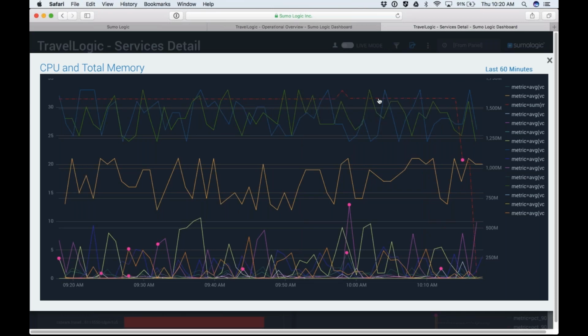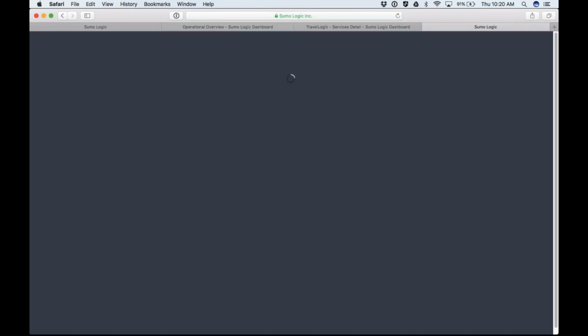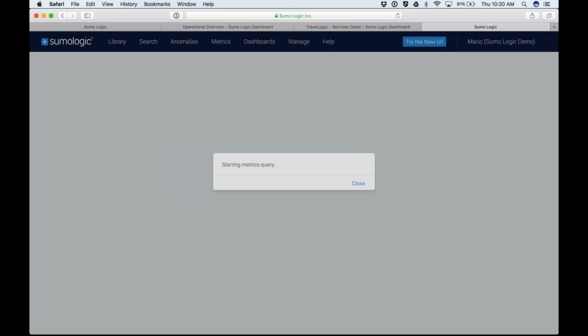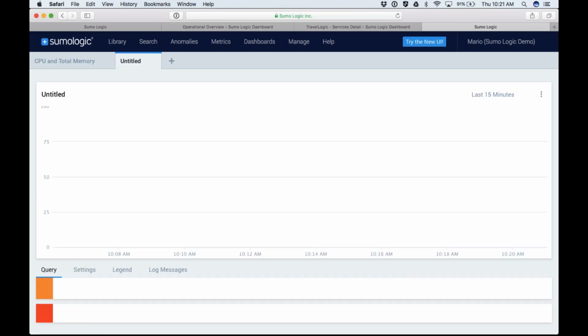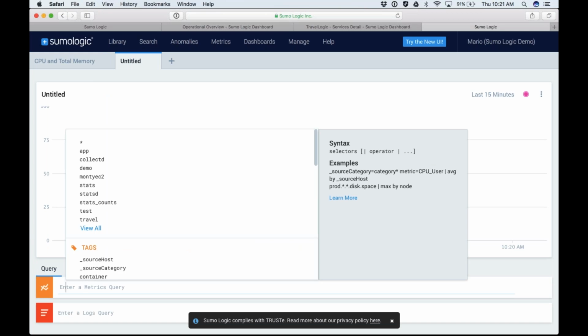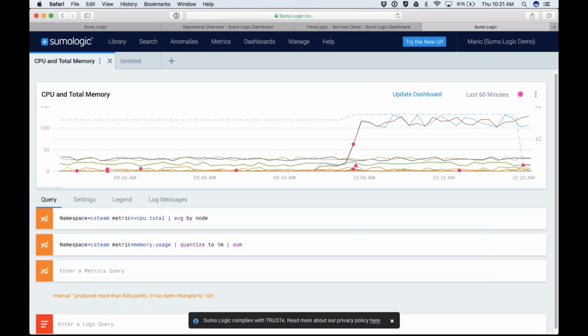One of the cool things about this is that for any of these panels, I can actually dive into the specifics behind it by clicking on that particular icon. And then I can go and see and play with the metrics themselves and test it out a little bit if I want to. Oops, sorry, I meant to go in here. All right, so what you're seeing here is